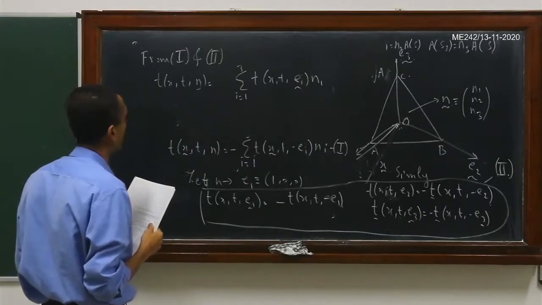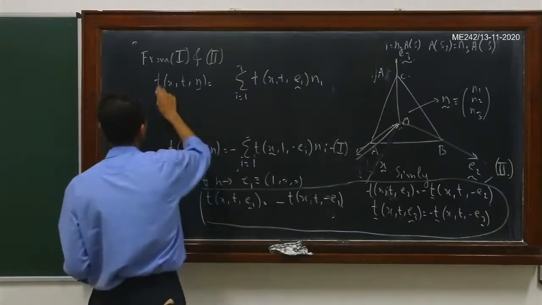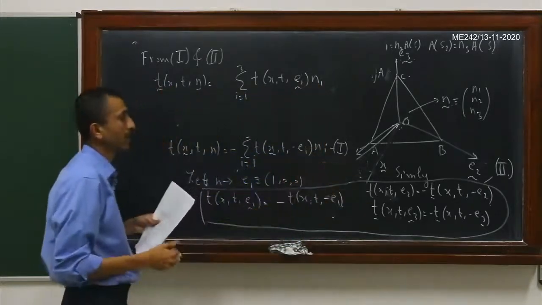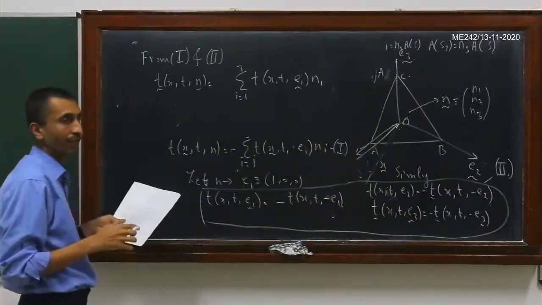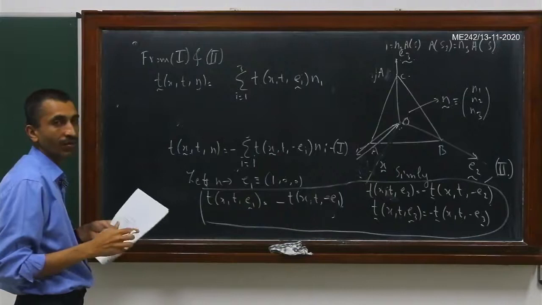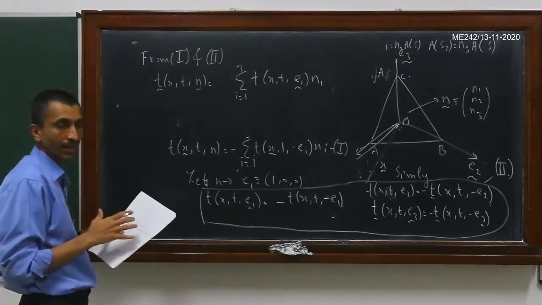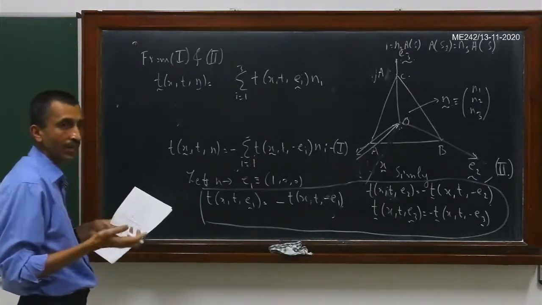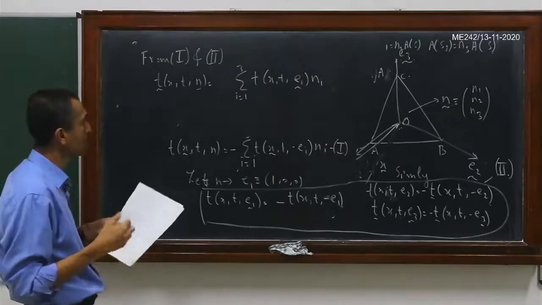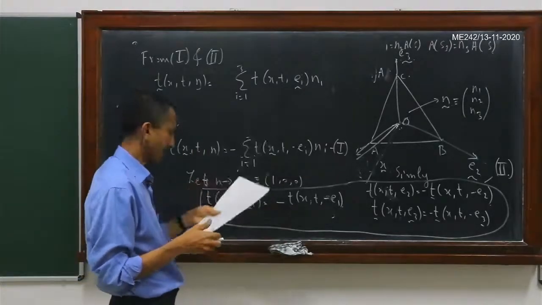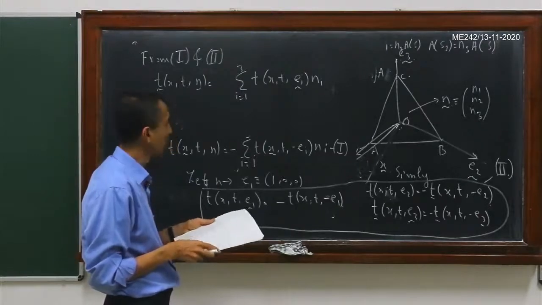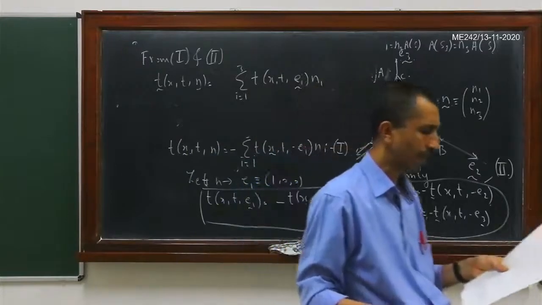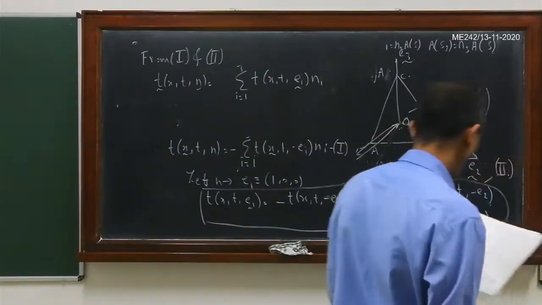So basically what we have shown is that the traction depends linearly on the normal. After all this process of first applying the balance of linear momentum to the tetrahedron, then shrinking the tetrahedron to 0, then taking the limit as n tends to e1, e2 and e3, and then substituting it back into this result here, this is what we get. What we have shown is that the traction vector depends linearly on the normal.